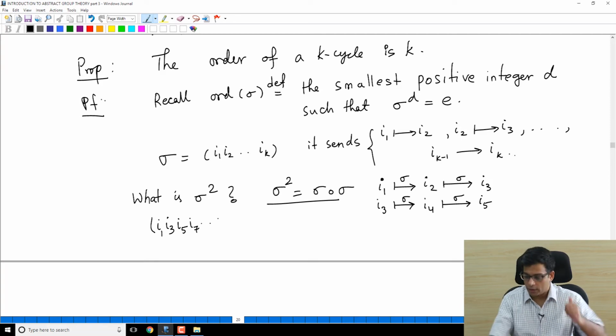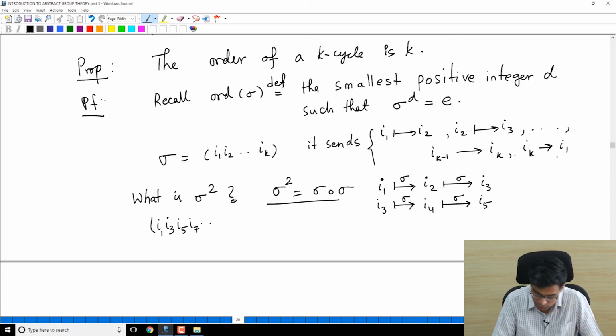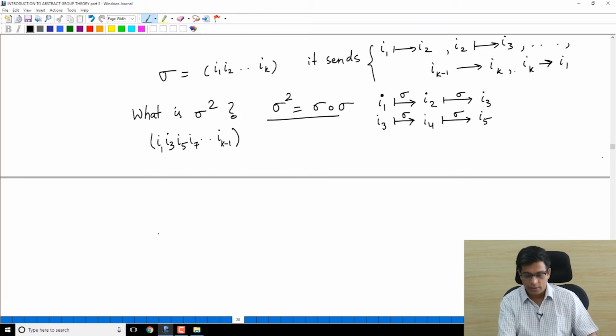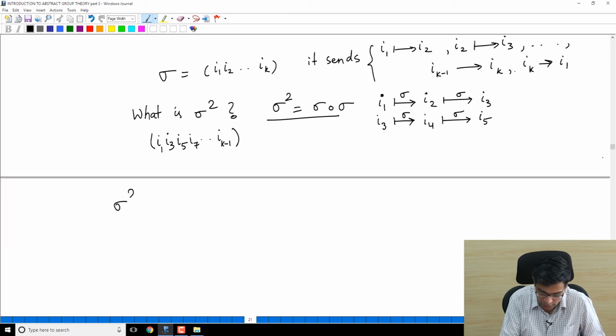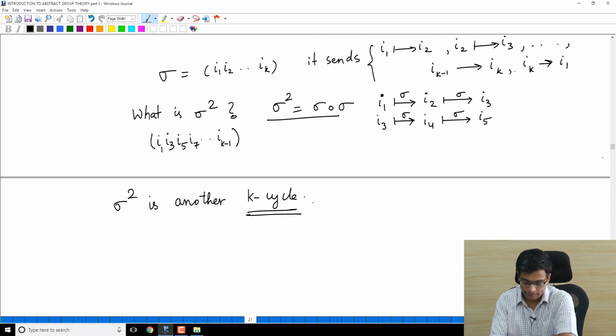Which element goes to i1? Of course, ik goes to i1 under sigma, and i(k-1) goes to ik under sigma. So you have i(k-1) here, and i(k-1) goes to i1. What happens to ik? It must appear in the previous place, somewhere in the middle. So what we have concluded is that sigma squared is another k-cycle. Remember, sigma squared is an element of the symmetric group, so it has a cycle decomposition. In fact, it is a k-cycle itself, because